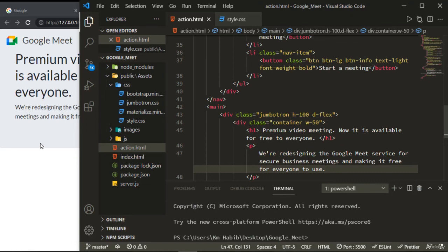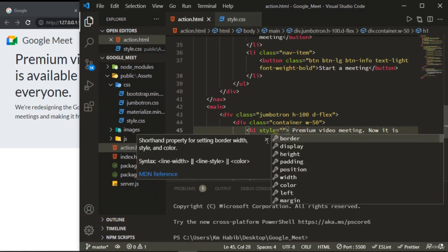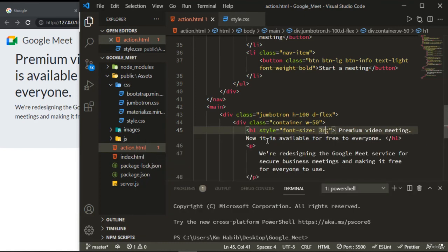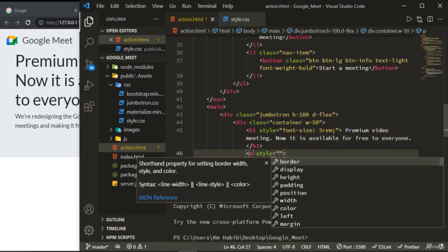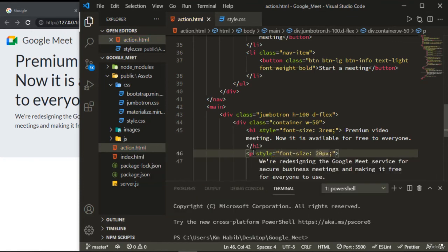Okay, and here you can see, so here we'll change something. We'll make the font size bigger, so let's put some inline style. So here write font size 3 rem and also set an inline style here, font size 20 pixel. Okay,